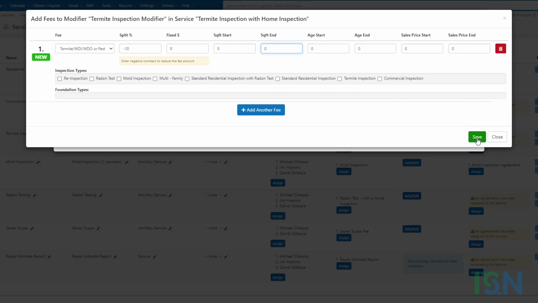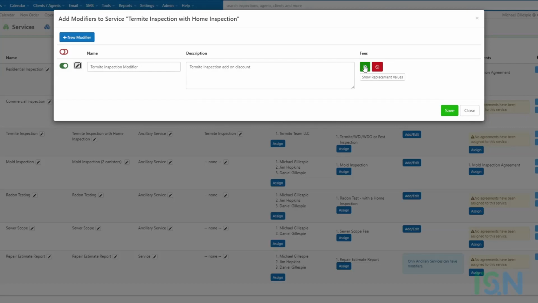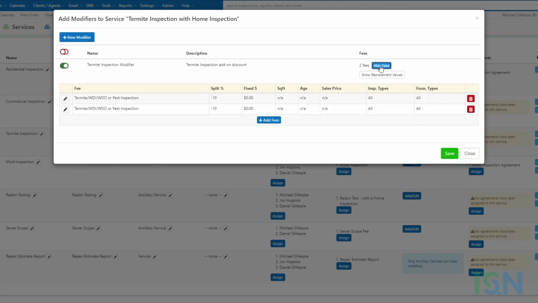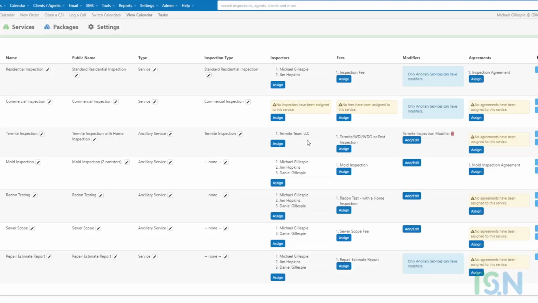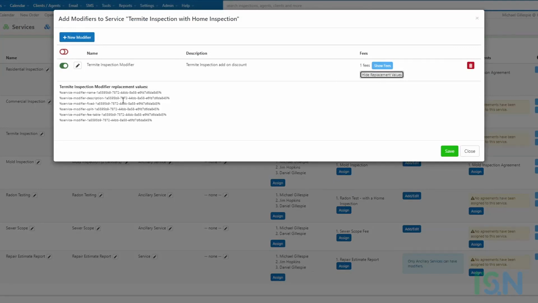When satisfied with the fee configuration, within the Add Fees to Modifier interface, the new modifier can be saved using the Save button in the lower right corner. Then the new modifier can be turned on using the toggle icon. Existing modifiers can be edited using the pencil icon and removed using the trash can icon. Replacement values are also available, which can be used to display modifier data in email templates and/or agreements. Once satisfied with all modifier configurations, the settings can be saved, again using the Save button in the lower right